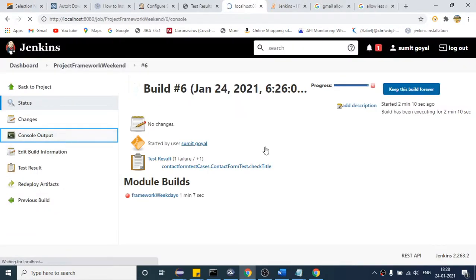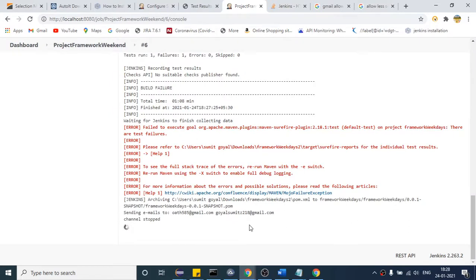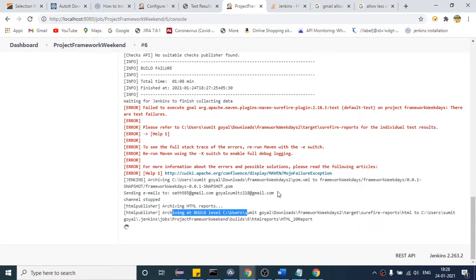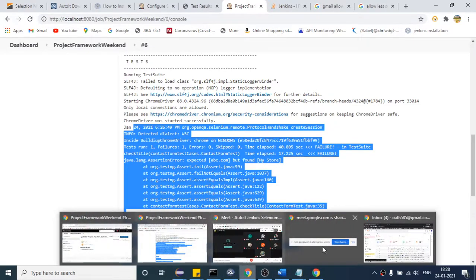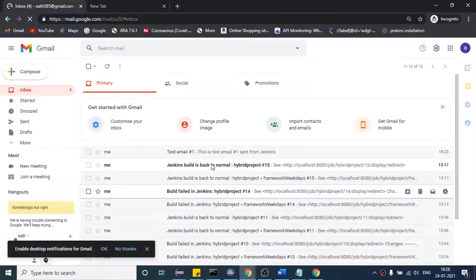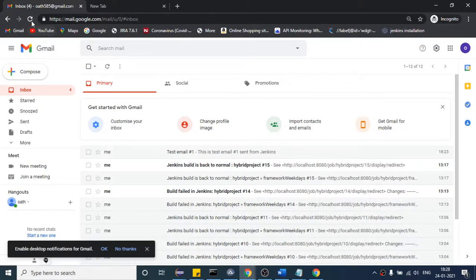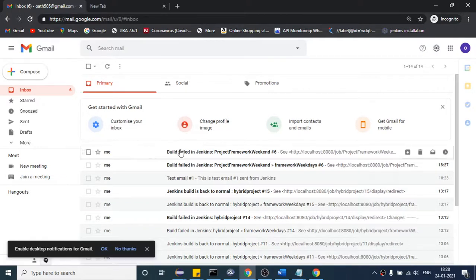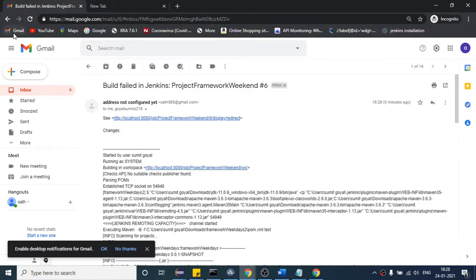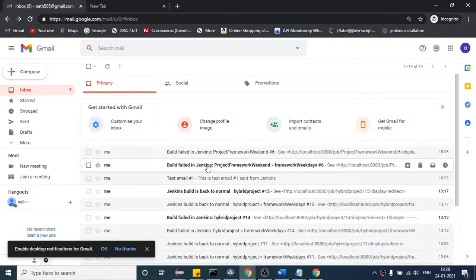So you can also see the logs which are generating. You can see sending emails to this one and this one, sending emails to this one and this one. So the entire thing you will see in the email as well, right? Okay, you can see. So somehow you are receiving two mails. Okay. So anyways, why is it sending you two mails?